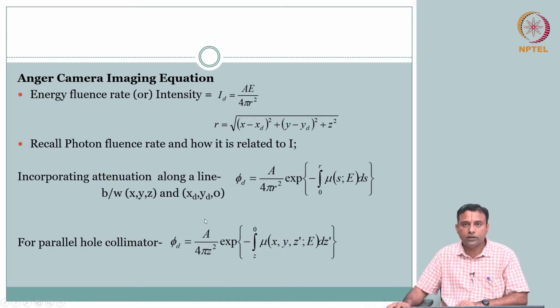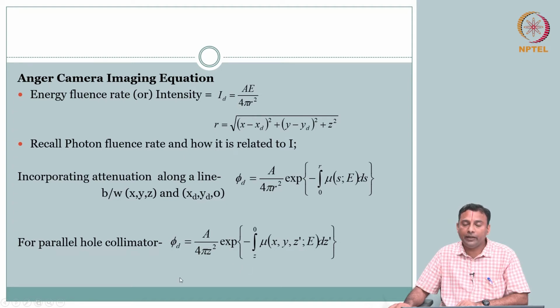You had a source, the source is attenuated along the line, and this is the radioactivity that falls on the detector after going through the collimator. After going through the collimator, what is there? Crystal. We will come to that. So this is what you have let into the camera. Is this good, or is there some simplification we can think about? Well, before simplifying, we have to see whether it is generalized. So now look at what this A is.